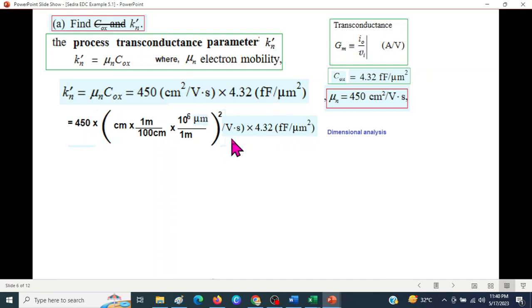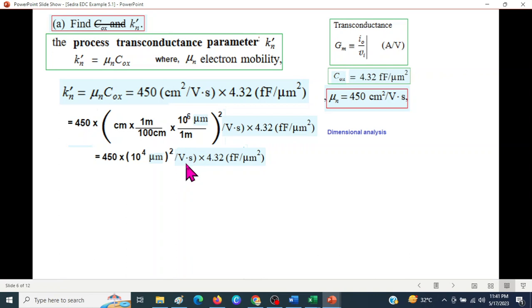Remaining terms remain as it is, and so solving, centimeter gets cancelled, meter gets cancelled, 10 raised to the power 6 divided by 100 will be 10 raised to the power 4. So 10 raised to the power 4 micrometer square